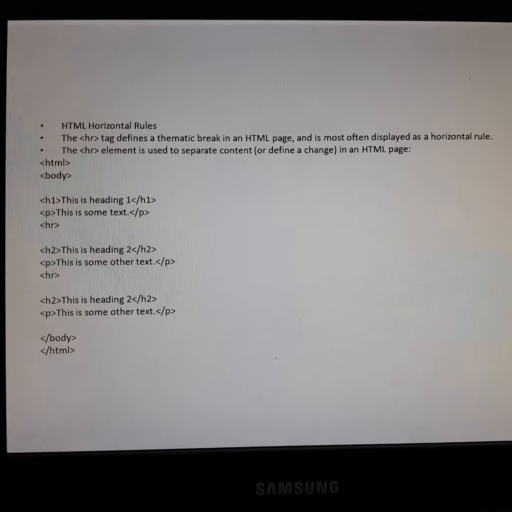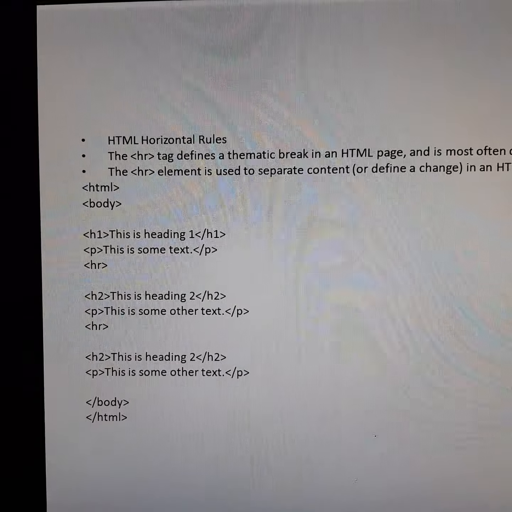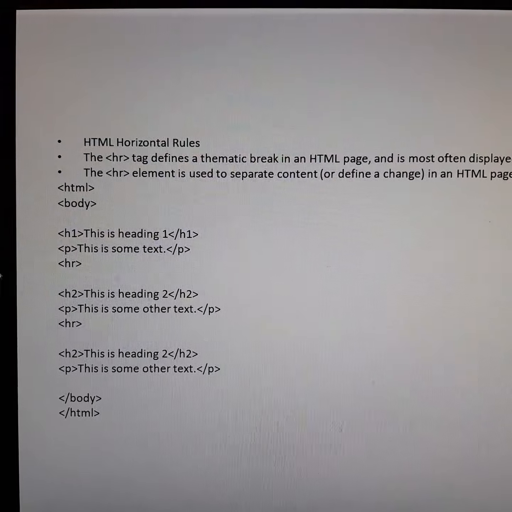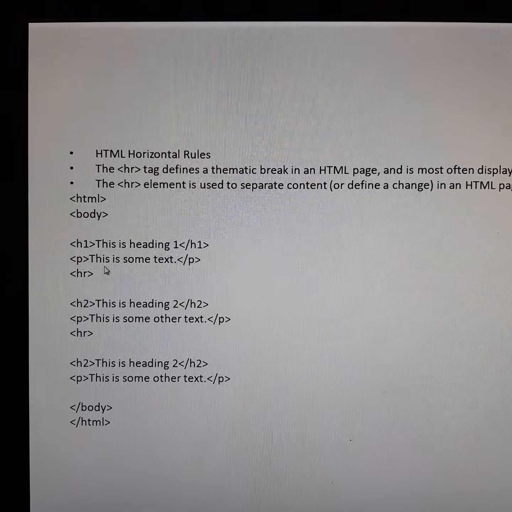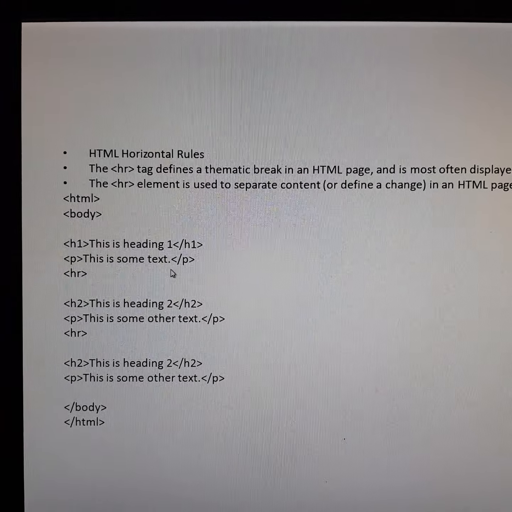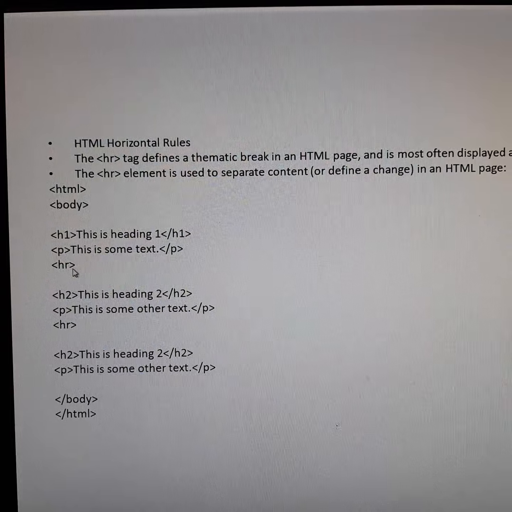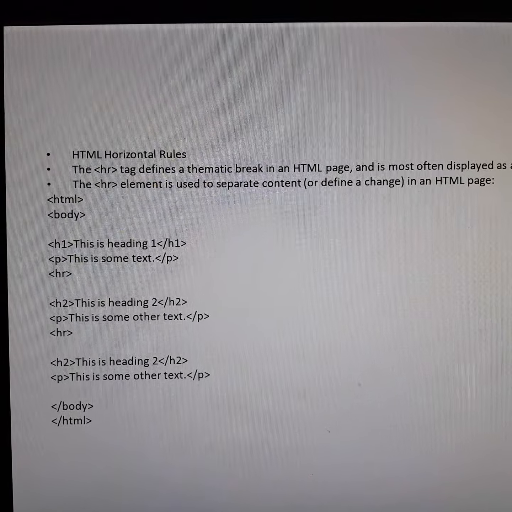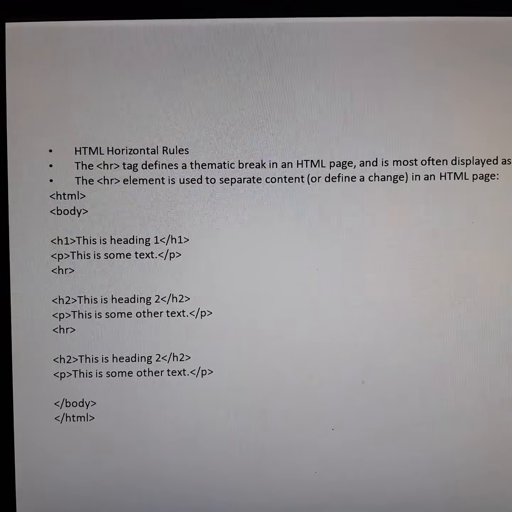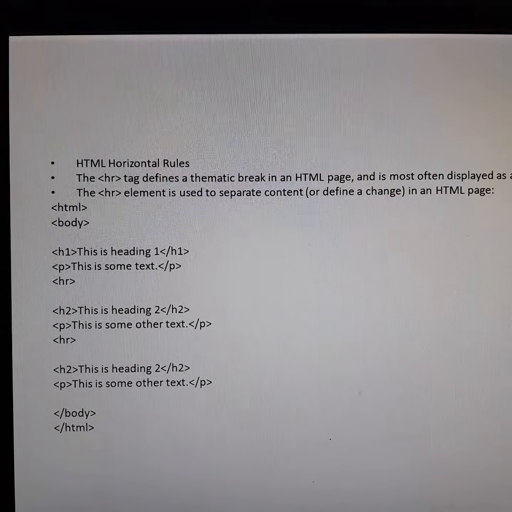If you see the example here, HTML, body, h1, this is heading 1, close h1 tag. P, this is some text, close p tag. And HR is the horizontal tag. Similarly, we have taken h2, heading 2, paragraph, this is some other text.